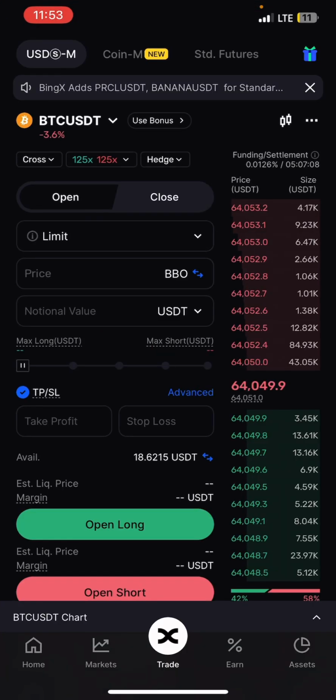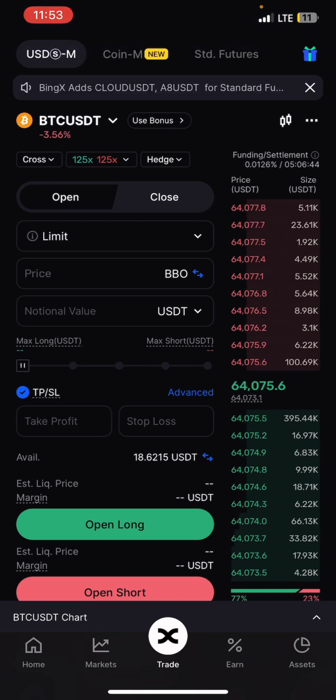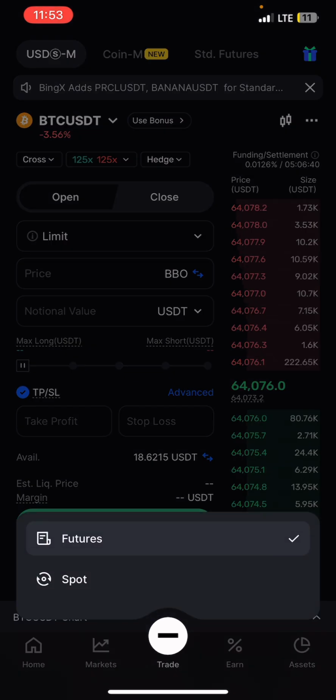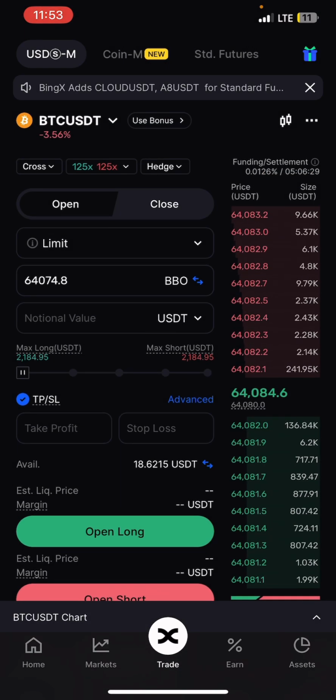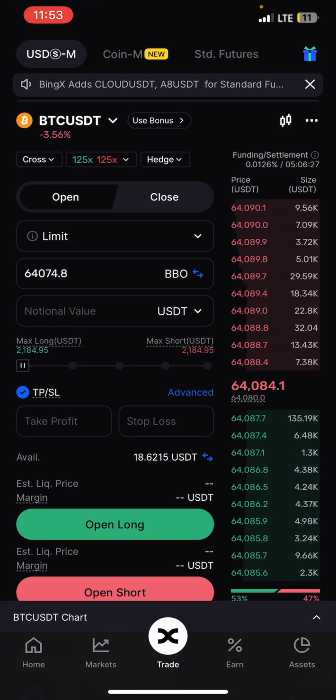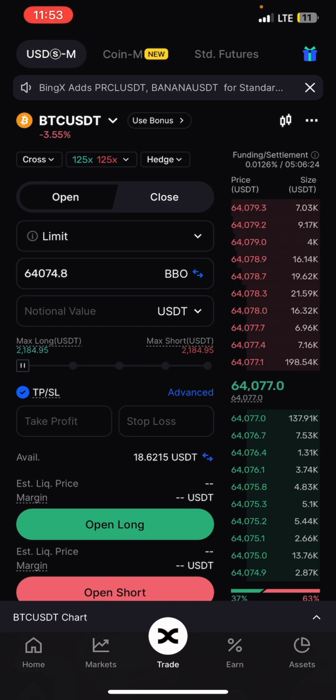So you go there and you see here where you have this interface. If you click here, this center place below where we have home, markets, earn, and assets, you see trade. If it's on spot, you change this to what? Futures. Now, once you do that, look at this top place here. It shouldn't be on the second one at the top. Let it be at the first one. The second one is you trading with USD, while the first one is you trading with USDT.